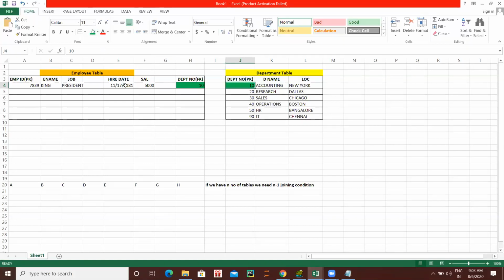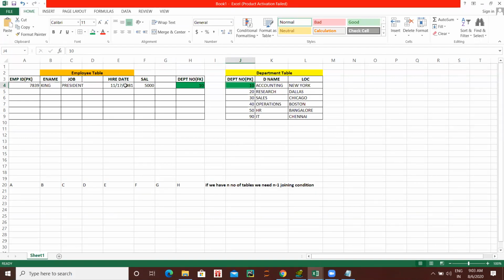So this is nothing but equal to. If you do equijoin, you will get this equal to this and you will get the one record. But if you give non-equijoin, it will check 10 equal to 10, not equal, no. So it won't give this one. Apart from that, it will give all others. That's what is happening there.